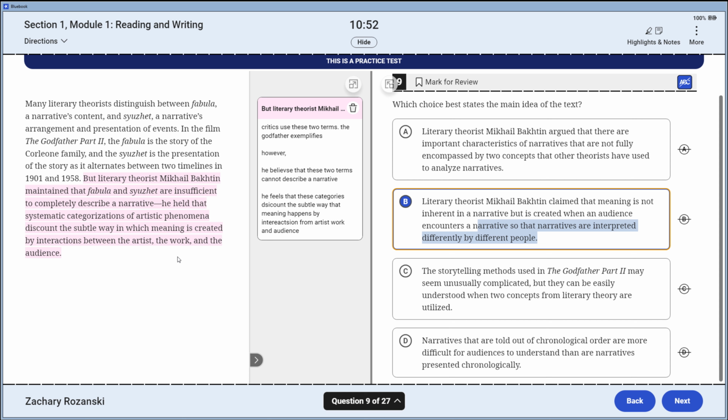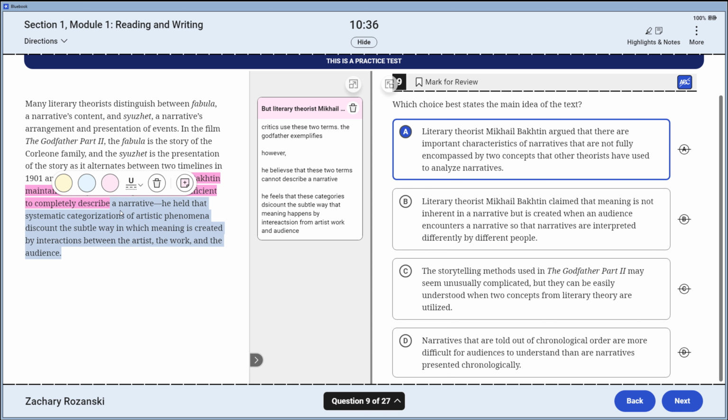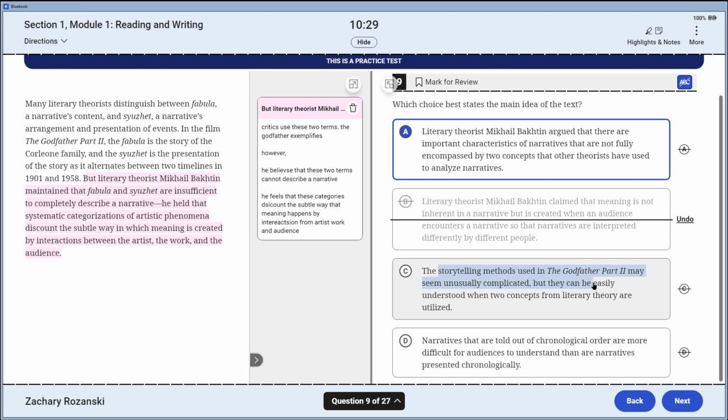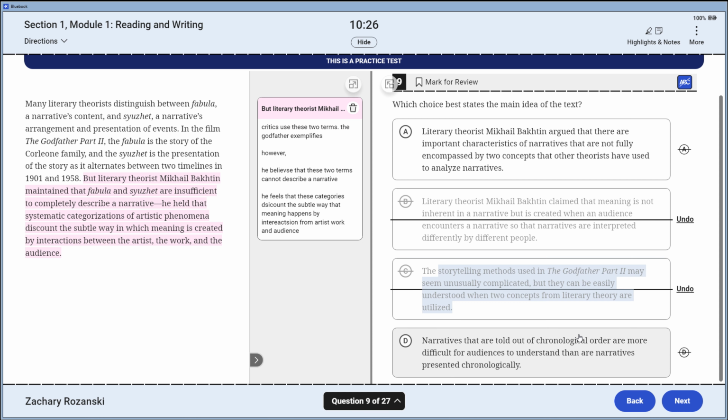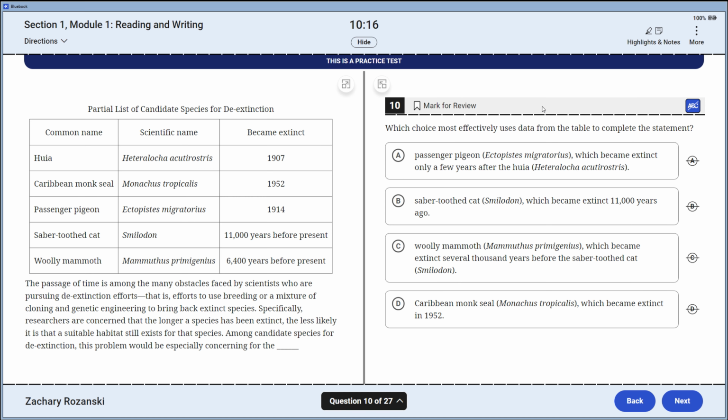I don't think I have support for this. Audience is a part of this list, and saying differently by different people seems to discredit the artist from this and the work. I just don't know where I would grab these concepts when A just perfectly summarizes what's happening over here. These terms suck. There are other ways to go about it. This is making specific claims that the text doesn't support, but they're easily understood. No, he says that they're poorly understood. This is absolutely not his case. He's not having a problem with the terms so much as they're just too narrow, not anything about how it can be tough to understand The Godfather.